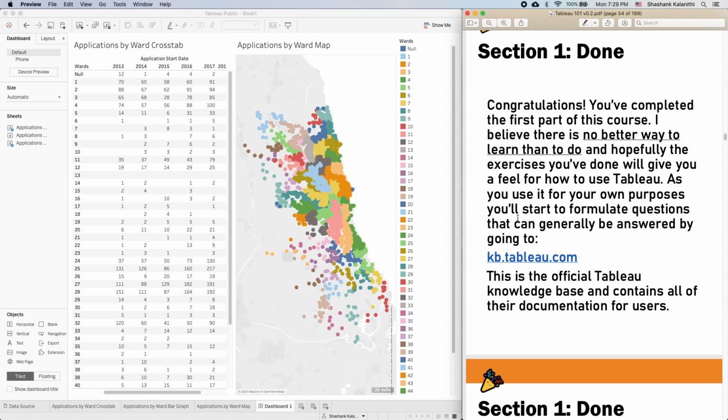So congratulations, you've completed section 1 of the course. And in my opinion, there's no better way to learn than to do, especially something like Tableau, which is very drag and drop, very kinesthetic. I 100% believe that doing is the best way to learn. If you have any questions about specific functions inside Tableau, hopefully we'll go over them in this course. If we don't, then